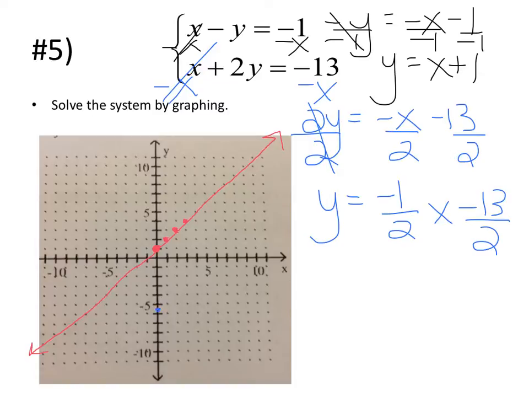Can I use your calculator quick? So you're going to go down 1 over 2. And then if you want to go up 1 and over 2, up 1 over 2,